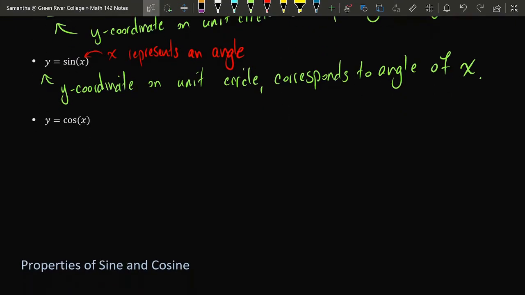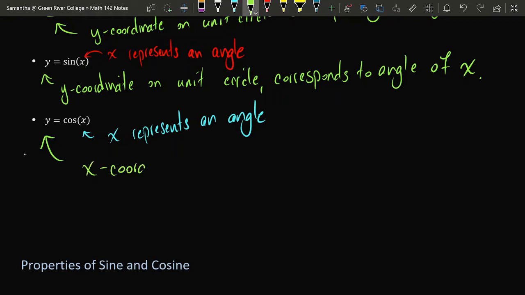For example, here, the quantity that's going into cosine just so happens to be nicknamed x, but because it's going into cosine, we know that this x stands for a quantity which is equal to an angle. And even though somebody's bright idea was to call the output of cosine y, because it's the output of cosine, this y is equal to the x-coordinate on the unit circle, which corresponds to this input angle, in this case, which is nicknamed x.